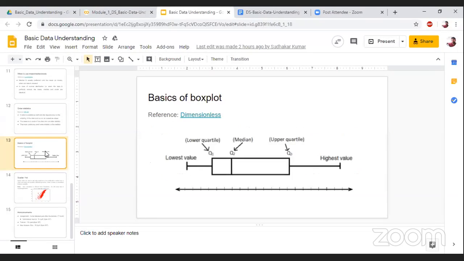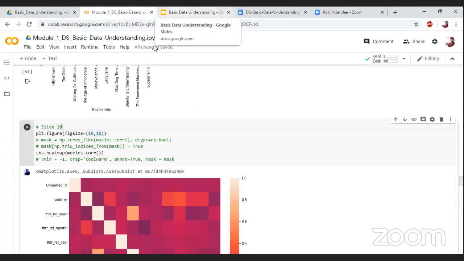Yeah. So box plot, when I will. We pause for a bit. Yeah, sure. Okay, so